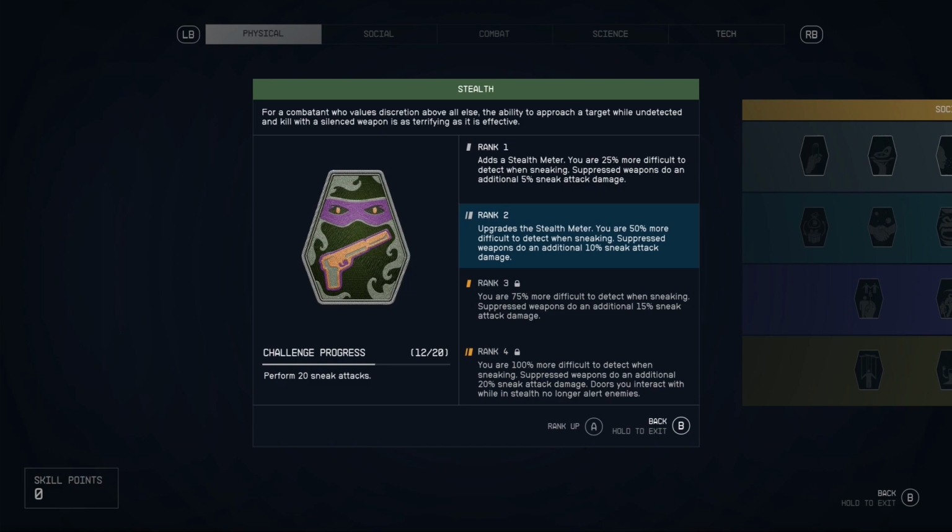Now for our first skill, we have Stealth. Stealth adds a stealth meter to our game. On top of that, we're more difficult to detect when sneaking, and we get a sneak attack damage bonus increase with suppressed weapons. As the ranks of the skill increase, we'll be harder to detect, and we will get more sneak attack damage. In rank 4, we are 100% more difficult to detect when sneaking. We get a 20% sneak attack damage with suppressed weapons, and doors we interact with will no longer alert enemies